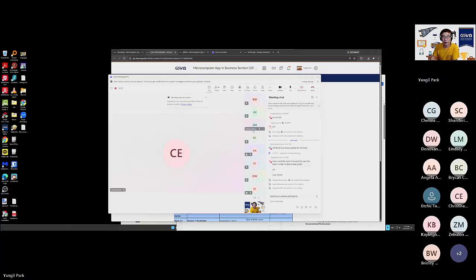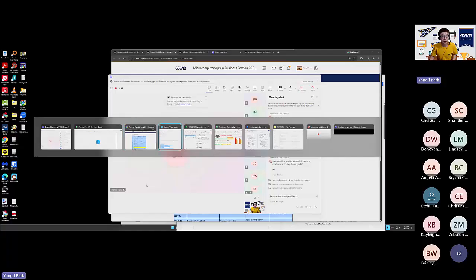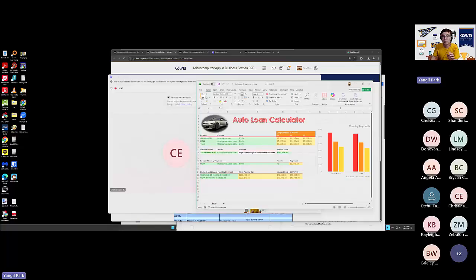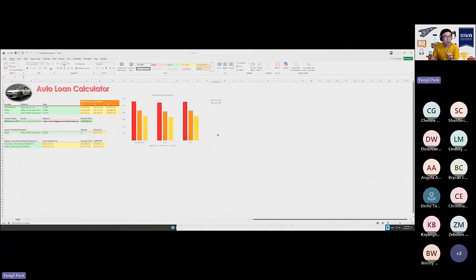So any questions so far? Okay, so let's move to project 3. So this is more of application based rather than just going over step by step. Well, of course there are some steps you need to follow, but we can actually apply to a real world example, right? Something like amortization